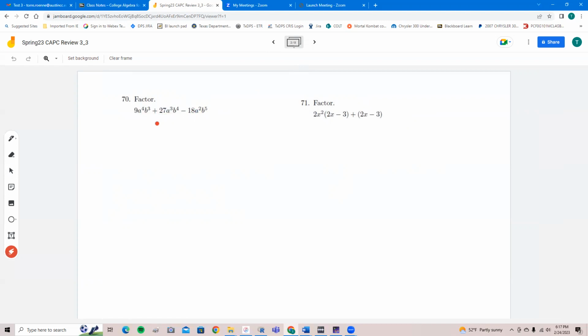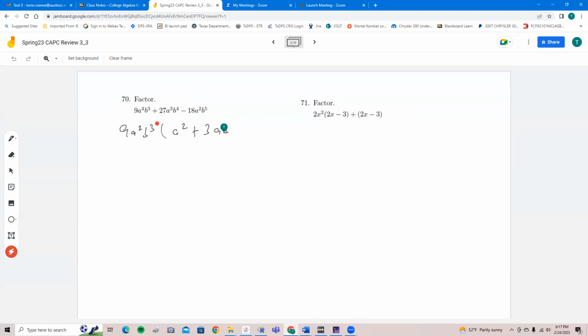These are all divisible by a squared, right? The smallest one will come out of all of these. Likewise, b, the third, will come out of all of these. So 9a squared b cubed comes out of all those terms. So I'm left with a squared here when I divide this by this. Yeah, a squared. And then when I divide this by this, I should get a plus 3